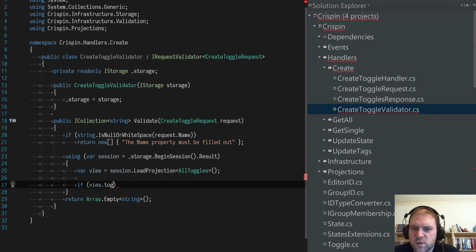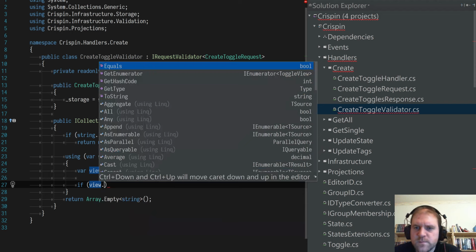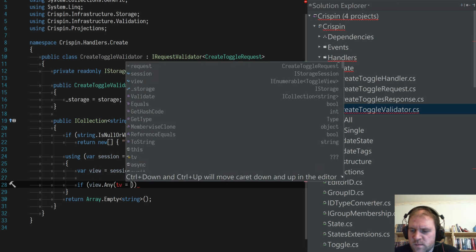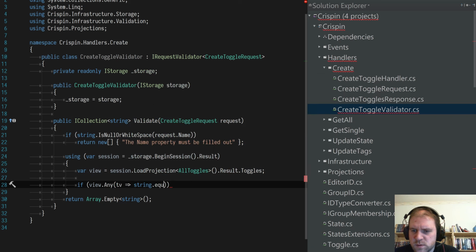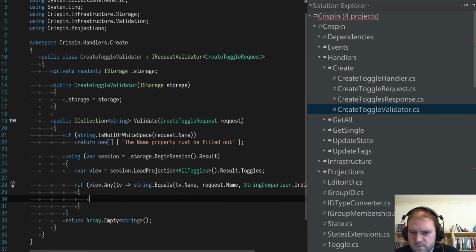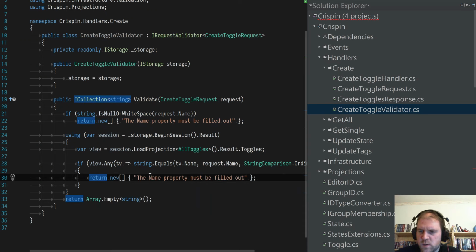If view dot toggles, if, what do we have? So any string toggles. So we now just want to check if the name is equal to that ignoring case. So if any of those are true, return this. Return new name